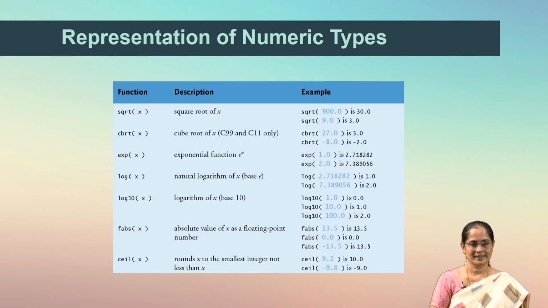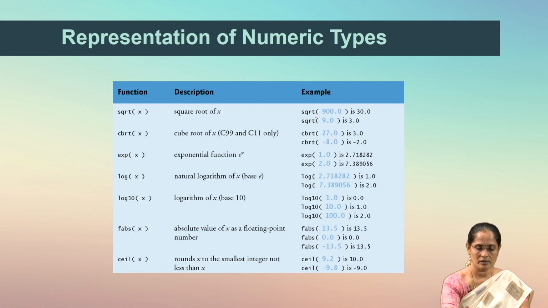So, the example usage of each function is tabulated here. SQRT of x, provided x should be a floating point type value. If we give SQRT of 900.0, we will be able to get the square root of its value. SQRT of 9.0, we will get the square root of it, which is 3.0. Likewise, if we want to find the cube root of a value, we can make use of